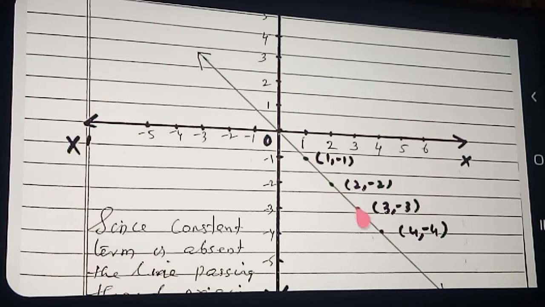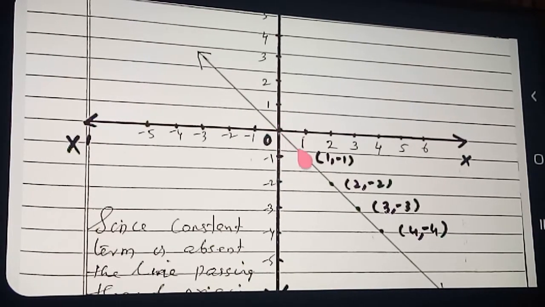Then what I do is take your scale and keep the scale upon these 4 points properly. The points and the scale should touch properly, and if not touching you will not get the graph properly. So after that you draw the line. So you got the line passing through the points now. In this line you can see a peculiarity is there. What is the peculiarity? This line is passing through the origin.